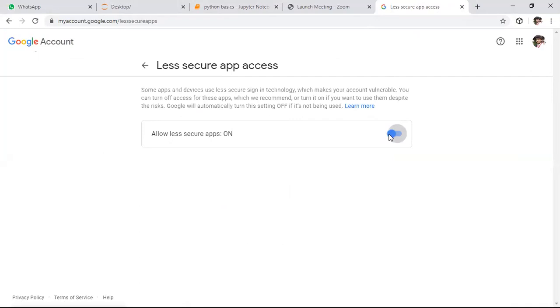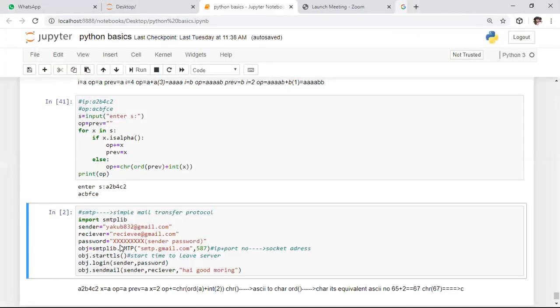So here is a basic program to send a mail to any person. Here you need to enter your mail ID and your password, and specify the receiver mail ID. From you, I'm giving a simple assignment: you need to send a mail to multiple users.